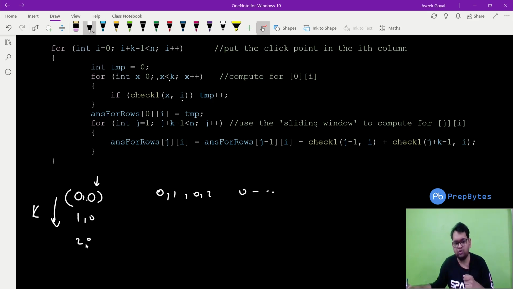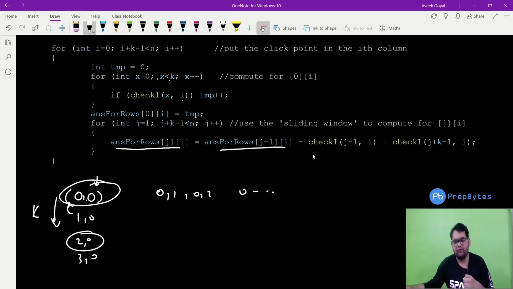For 1, 0, 2, 0, 3, 0, we will use sliding window till j plus k minus 1, so till it is allowed. So this line is nothing but the answer we stored for the previous one, minus the answer for 0, 0, plus the answer for the next one, 2, 0. So minus the answer for the previous one and plus the answer for the next one.